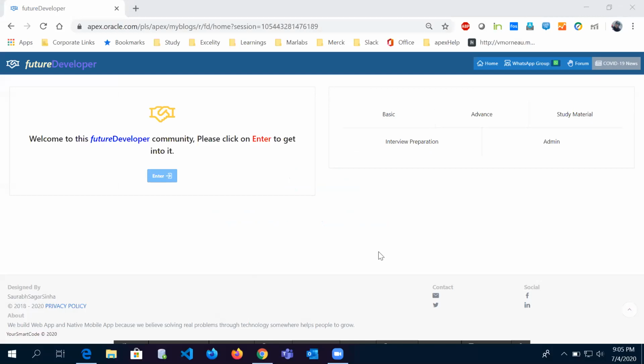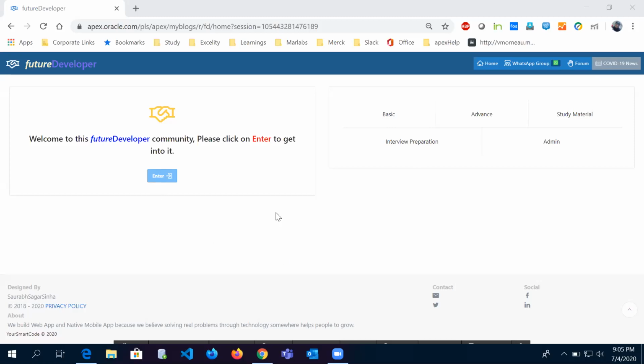Thank you. So this is our application, the future developer application. We made this application to fill the communication gap between you and me, or me and Alok, so that we can document all your requests and have all the recorded sessions and the documents of what we are going to teach you, or all the stuff, here in this application. So that you can come to this place and facilitate yourself.